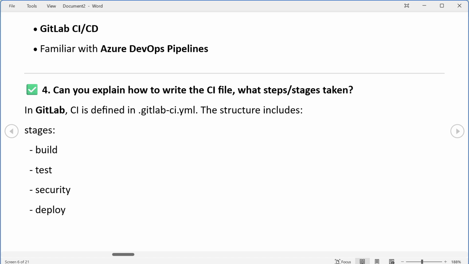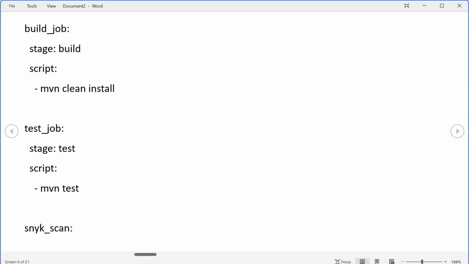In GitLab, CI is defined in the dot gitlab hyphen ci dot yml file. Okay, and this is the syntax of that particular file. You need to write it like this only. The structure includes stages like build stage, test stage, security test, and deployment stage. I will break down how the outline should be. Here is the stage name where the build is happening, and in the stage name we specify build as the stage, and here we write the script, the exact command that needs to be run in that stage, like maven clean install. This is a build stage where we build the source code and get the war file or jar file